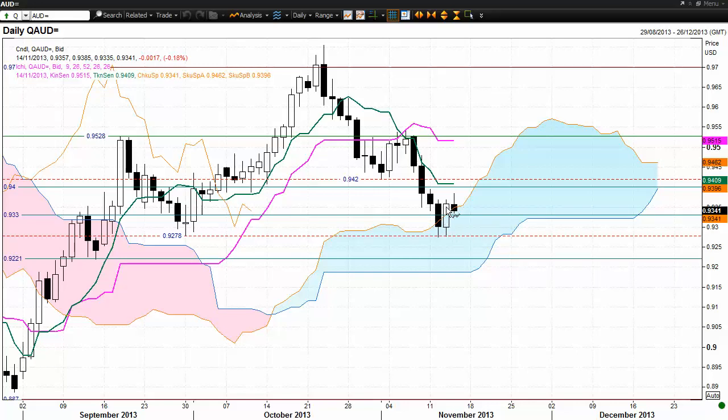Now, a significant event today with this market breaking out above the top of the cloud, giving us a bullish market in the long-term time frame, and because we've had a bullish breakout, it gives us a little bit more faith in the likelihood of us seeing follow through, which we're actually not seeing at the moment. But with the buyer supporting that breakout, there is potential for this market to test up to these levels around the 94 area. In terms of the Kijun-sen, the market's still trading down below the Kijun-sen, so we have a bearish market in the medium-term time frame, and we're still bearish in the short-term time frame, so no change of sentiment in that short-term time frame at the moment, and that really does strengthen the suggestion that there may be